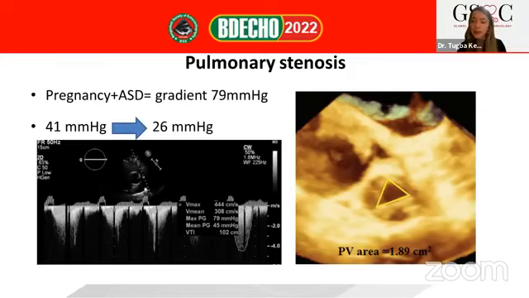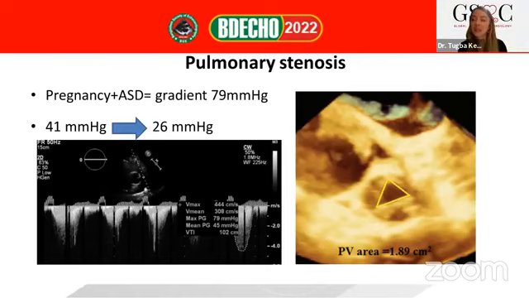When I used 3D images, I saw that the pulmonary valve area is 1.89. So it wasn't severe. And I shared my opinion with our heart team, and I showed the images. Images were very clear, and we decided to follow up this patient. It was a really difficult decision for us. And then after delivery, our patient's maximal gradient taken from the pulmonary valve reduced to 41 millimeters of mercury, and then we performed percutaneous closure. One minute left. Yeah. Okay, I will finish.